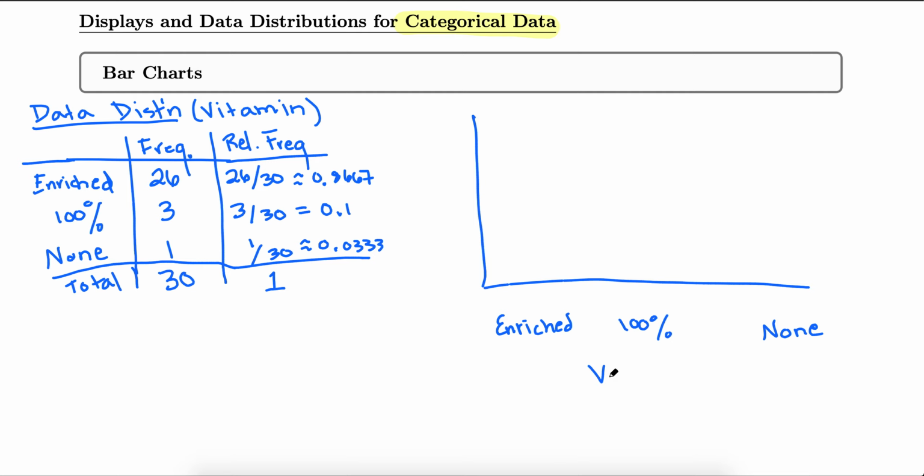These represent my vitamin content. And then the vertical axis, we're going to represent our frequency. Here, I'll just actually use frequency. And it looks like I go from 1 to 26, so I'm going to just count by 5s here. 5, 10, 15, 20,